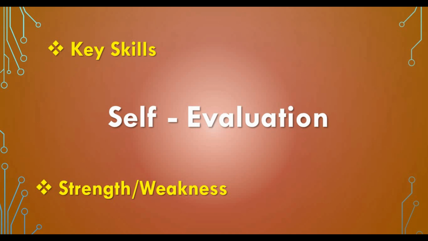So for example, if you're a developer, you can write down, okay, I'm really good in Java, I'm a developer on Node.js, or any other topic, C++, or maybe you're an operational guy, you can say I'm really good on Linux. So you can write down all those things. Probably your weakness is like, I'm not good in some scripting, or I'm not good in some analytics. So those things you have to clearly write down.